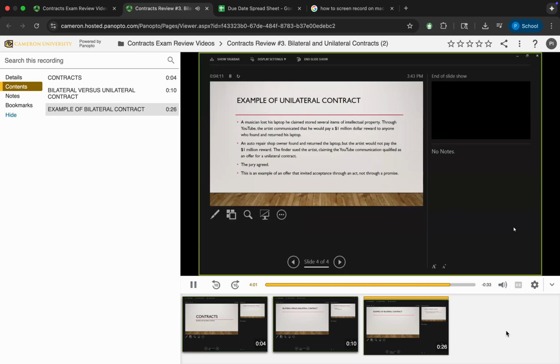So again, the finder is arguing that this was a completed unilateral contract, and the musician was arguing that there was no contract. The jury agreed with the finder. They agreed with the auto repair